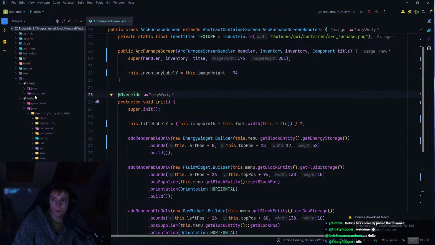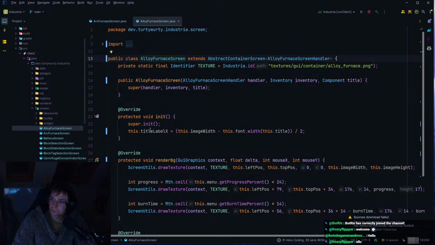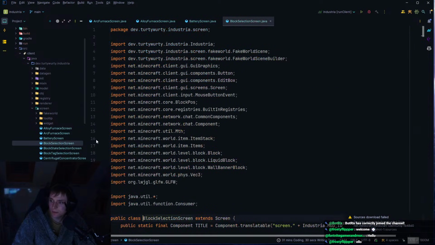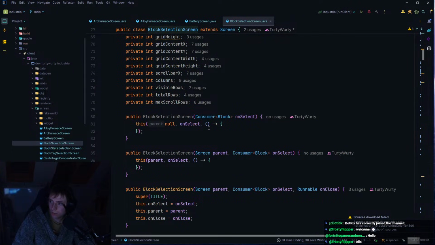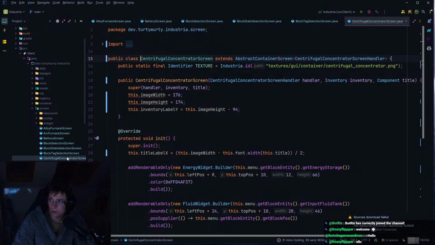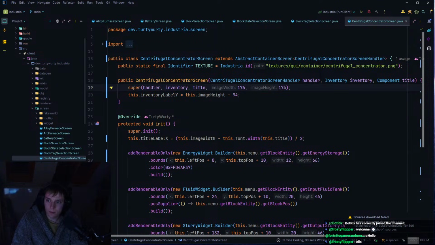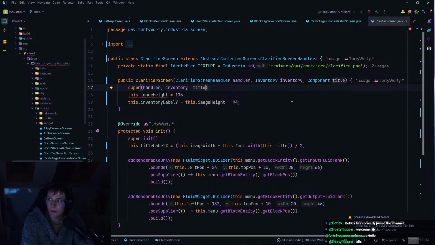So I think let's just go one by one and do that by hand rather than running it every single time and recompiling, because it's just going to take forever otherwise. So yeah, here we don't change that. A lot of them we don't change it. We are just using the default screen size, so that won't actually be a problem. In here though, I think, yeah, here this isn't a container screen. Neither is this one. Neither is this one. This one just needs to be 176, 174, so that's fine. Then we go this one, that just is 176, and then